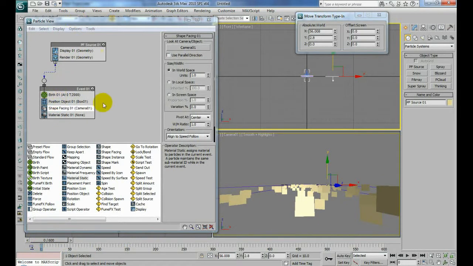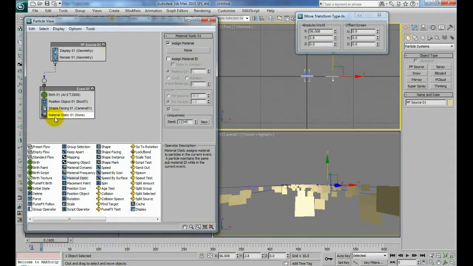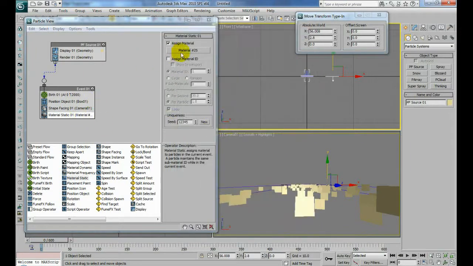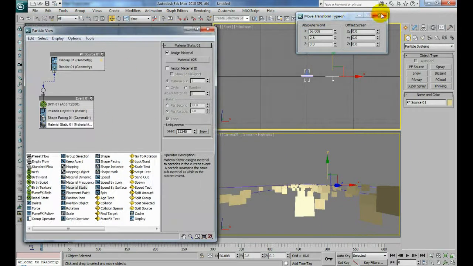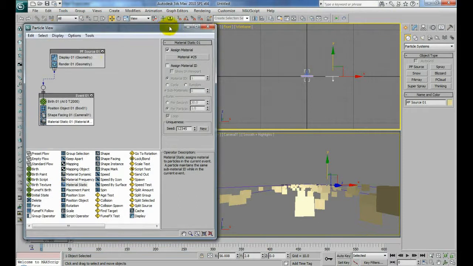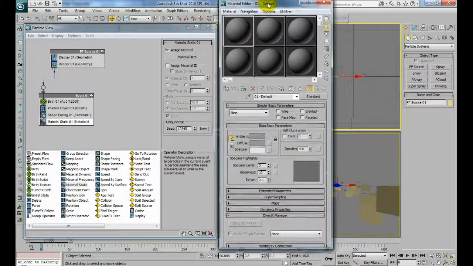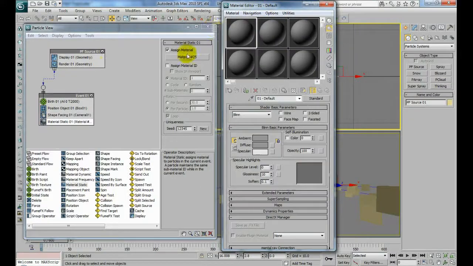Position objects box, material static, click on that, click the none button, and we're going to choose standard. Alright, let's close this for now. Now we've got to bring up our material editor, so I'm going to go to rendering, material editor, or click M on the keyboard, and we're going to take this material